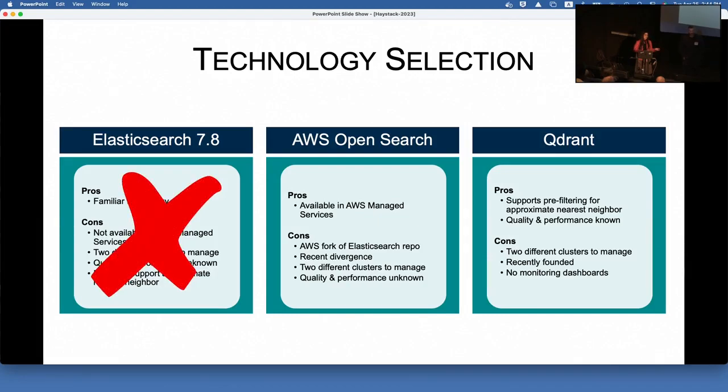That left us with AWS OpenSearch and Quadrant as two candidates to consider. The pros of OpenSearch was that it was available in AWS managed services, which is great. There's dashboards, there's visibility in what's going on. But it had recently been forked from Elasticsearch, and that divergence created a little bit of uncertainty in the future roadmap. We also weren't sure about the quality and the performance because we didn't do